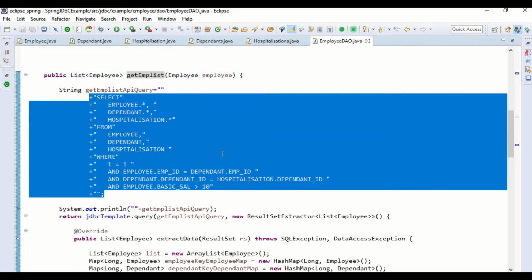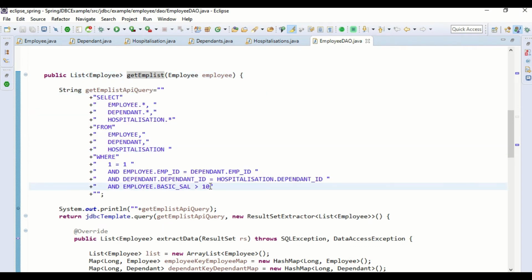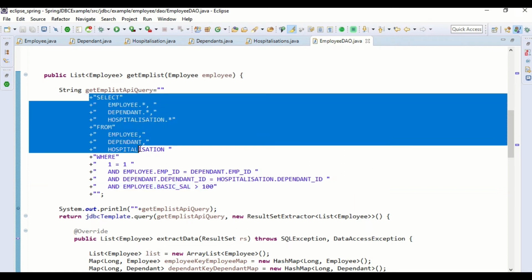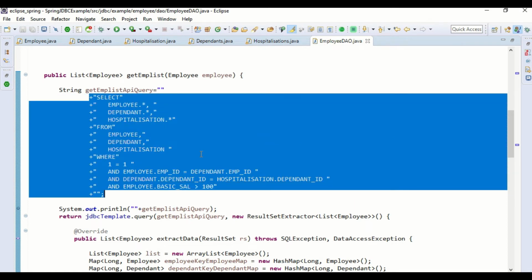If you look into that same query, we need to get all the employees along with their dependent and hospitalization records whose salary is greater than 100. So we have a join query joining those three tables to retrieve the required data.